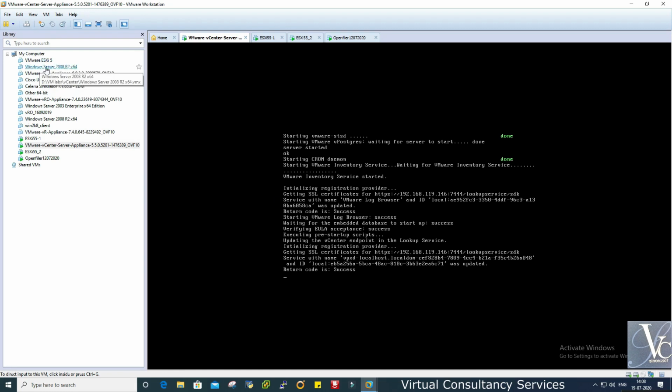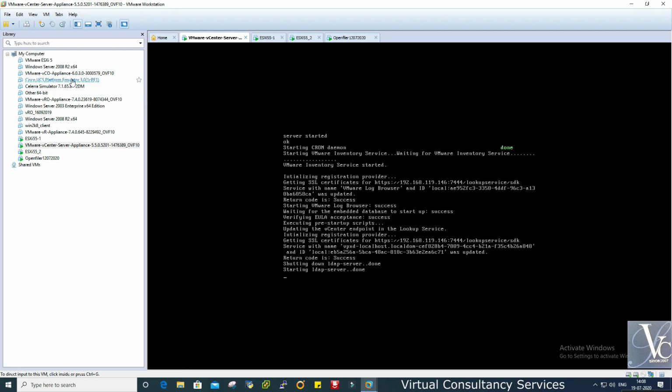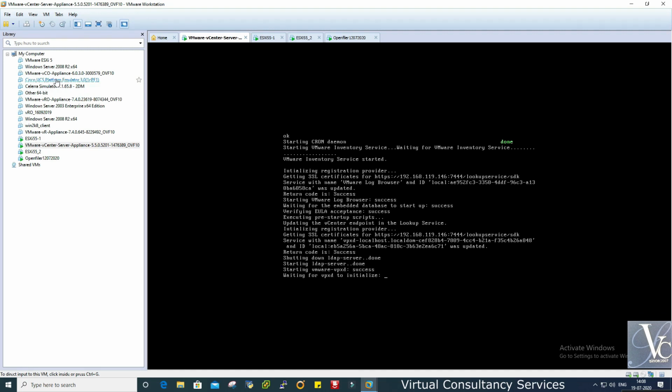These are the old setups I have. This is the orchestrator, UCS Manager, and simulator also. I will provide you some UCS simulator practices. This is the storage Celerra simulator. Then this is, I think, the test VM I created.